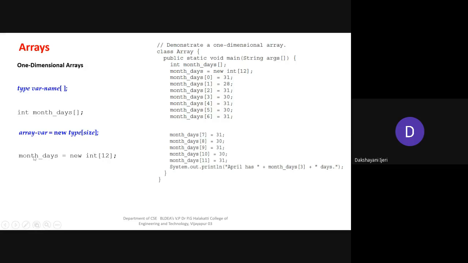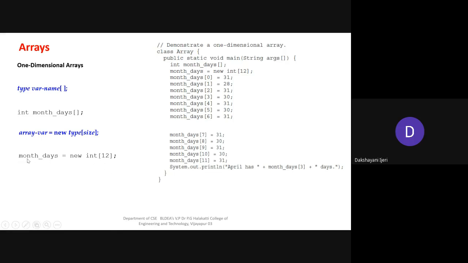The same example has been repeated here. This is only going to create the variable, whereas you have not mentioned the size here, so you cannot store any values, right? The better way, the more advanced way, is to take the variable name equal to the new keyword followed by the type of which you want to create the array, and within the square brackets mention the size of the array, that is, how many elements you want to store in this array.